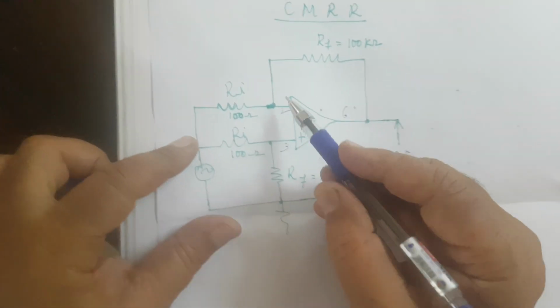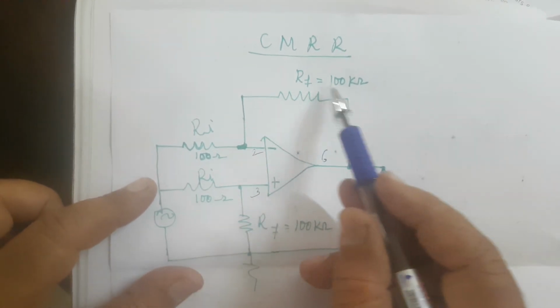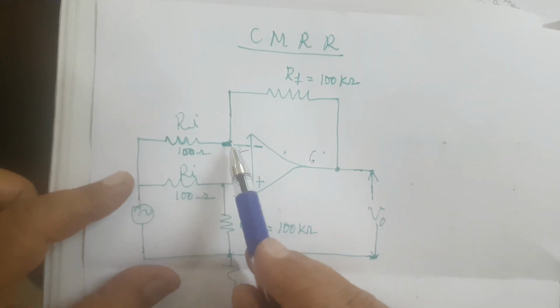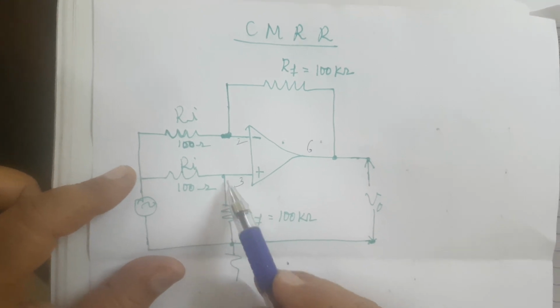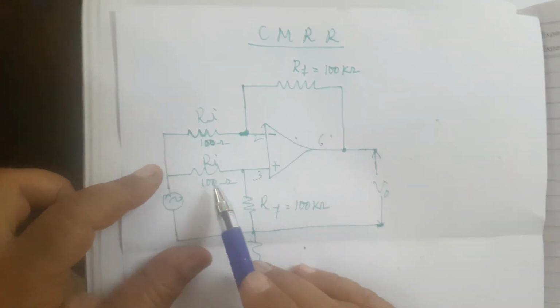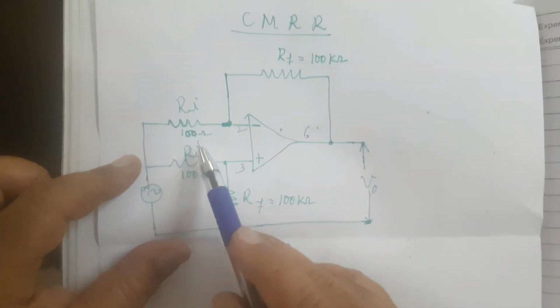So between pin 2 and 3 we have identical Rfs. Rf is 100K, and here also Ri is 100. This Rf is connected between 2 and 6, and to pin number 3, Rf is connected from pin number 3 to ground. Whereas these two resistors are equal, 100 ohms, 100 ohms,